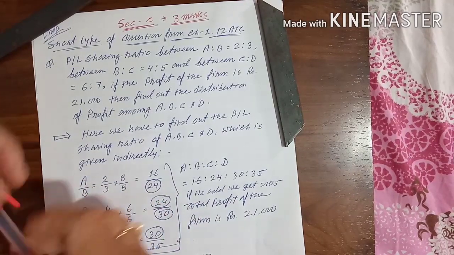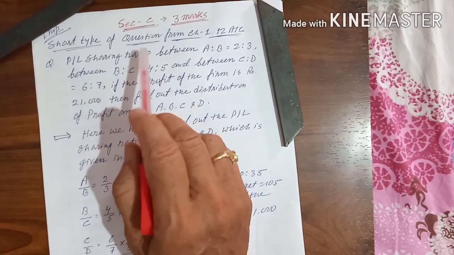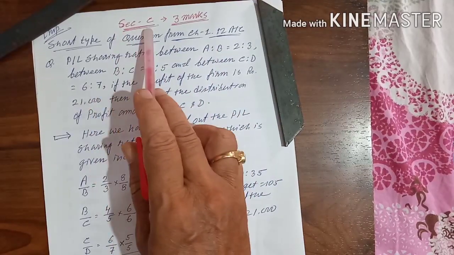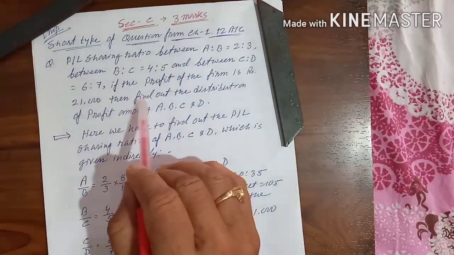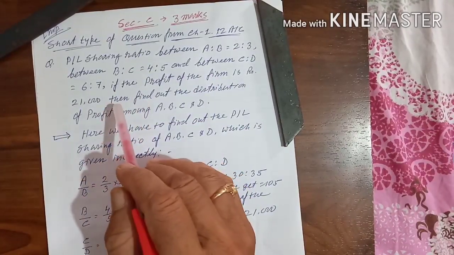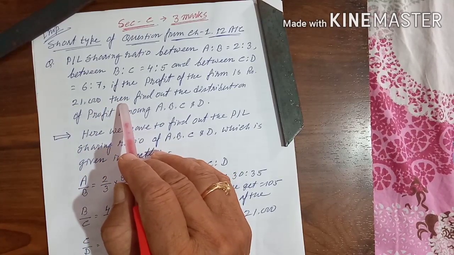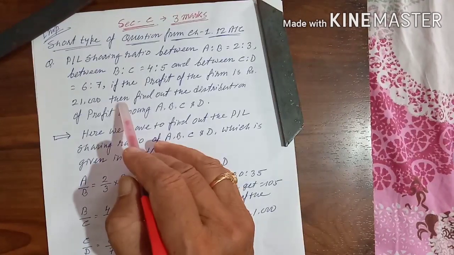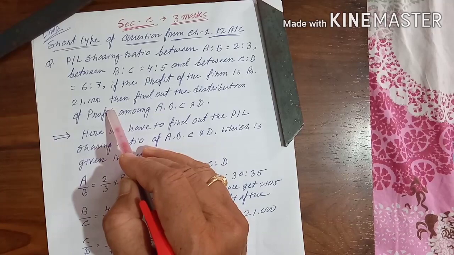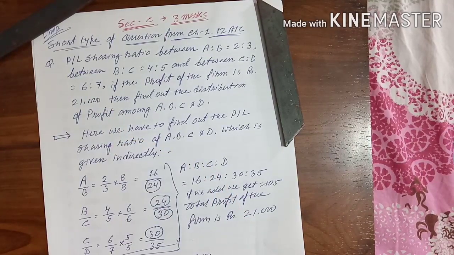This video is on the basis of chapter 1 of 12th accounts. According to your paper style, this is section C, 3 marks questions. I made these questions. You will have different types of questions in your textbook, both from the illustrations as well as the exercises. Apart from that, you may practice another type of sums which you may not get from your textbook, like the 2 sums I made. Let me explain one by one.